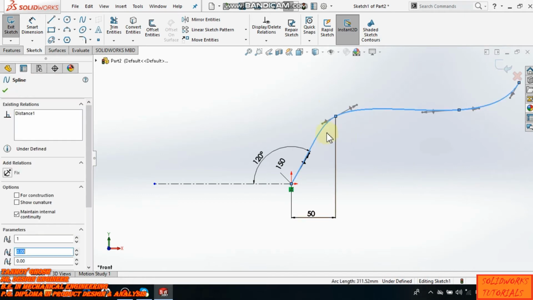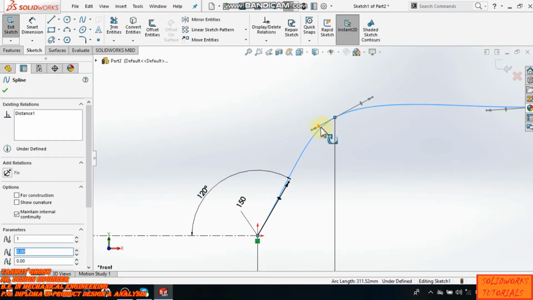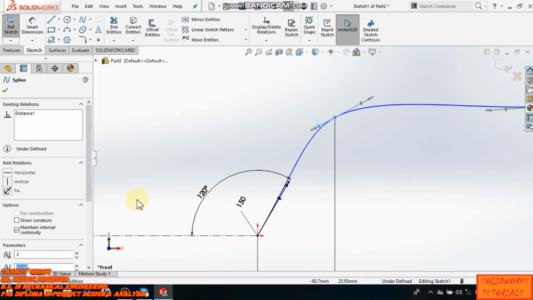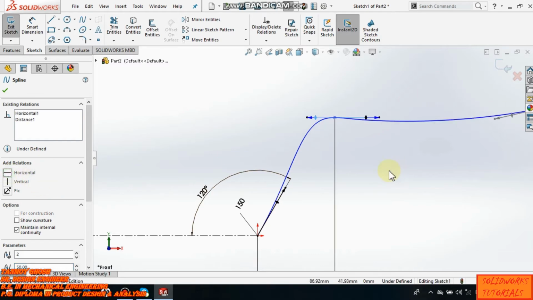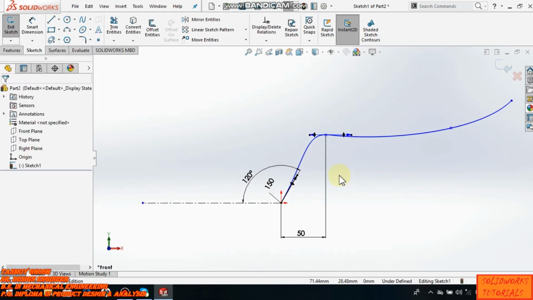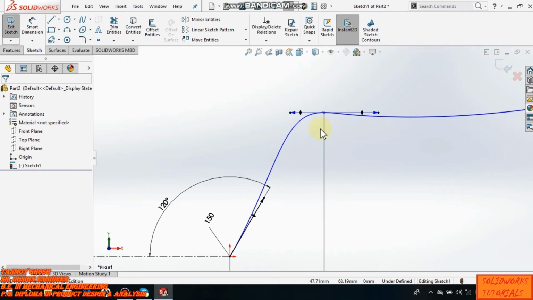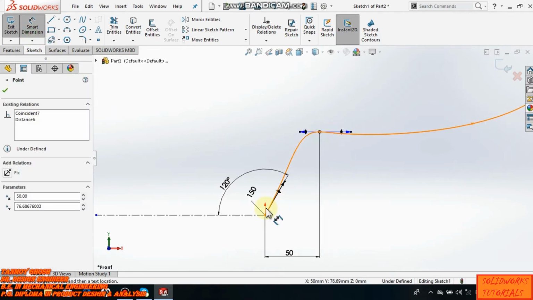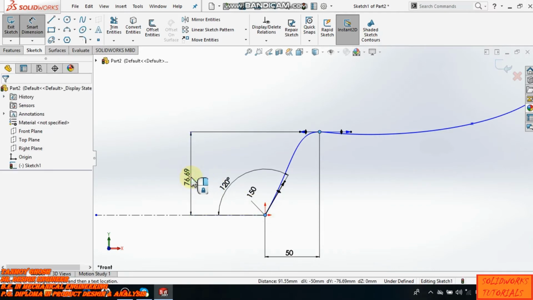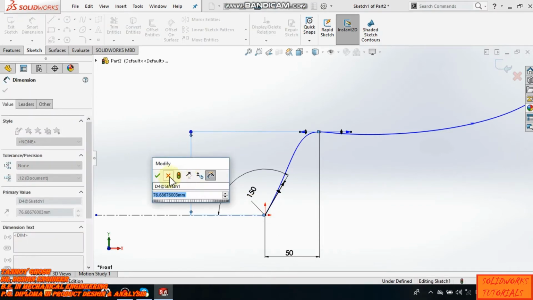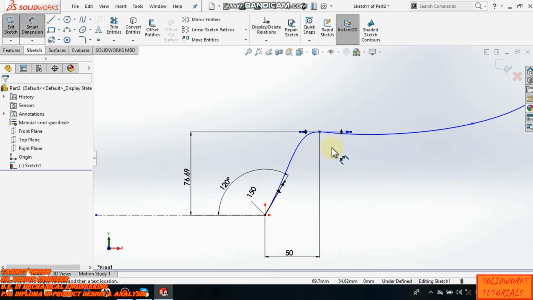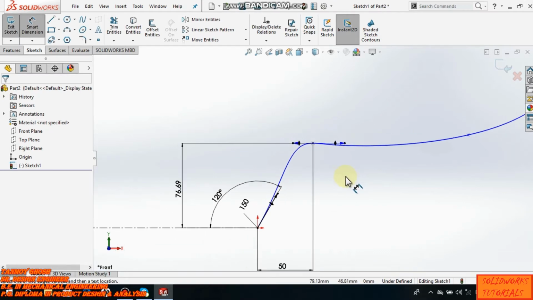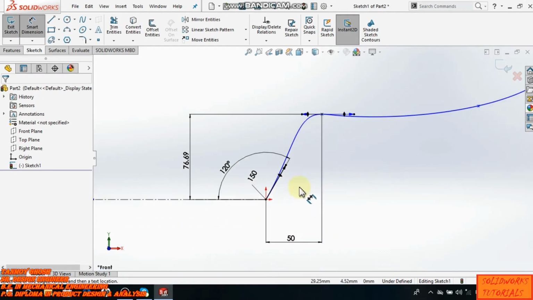You can also add a relation to this angle. If I want to give a relation to this diamond, go horizontal. You can add any relation to this point also. You can see now this point is also defined.